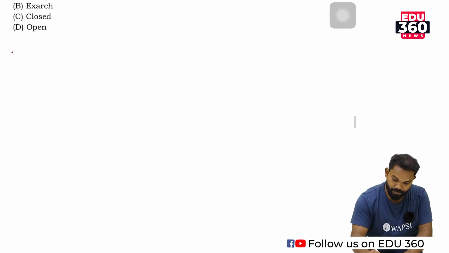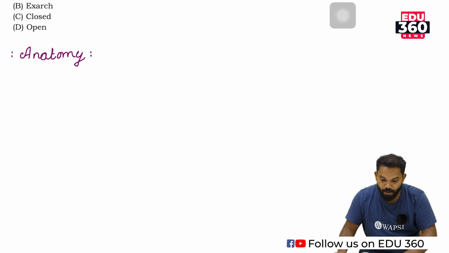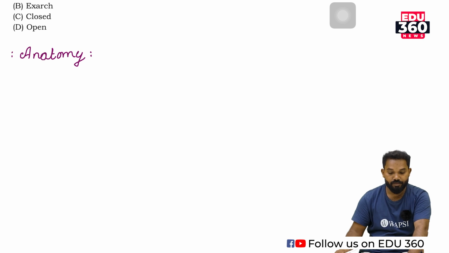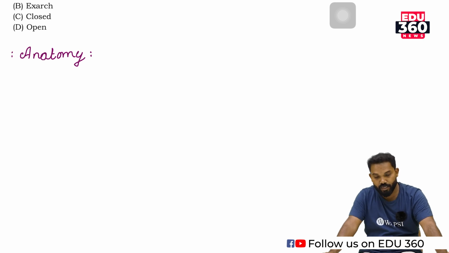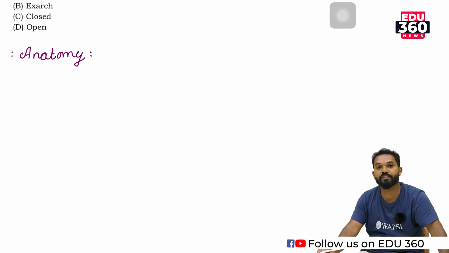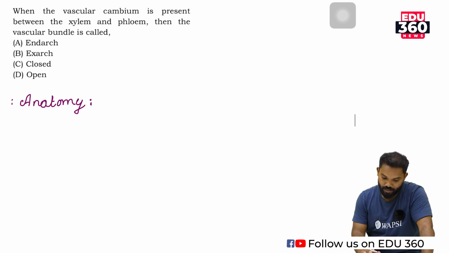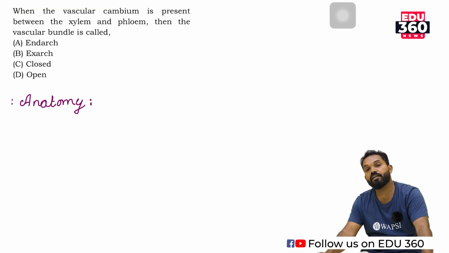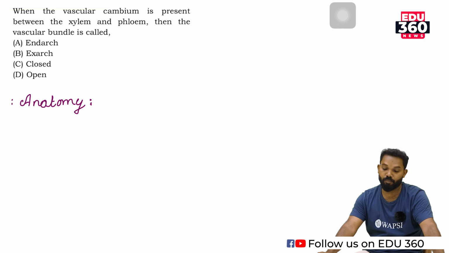Anatomy. What is anatomy? Especially plant anatomy. Plant anatomy is a branch of botany. Here we study the internal structure of a plant or its organs like leaves, stems, roots, etc. In anatomy of flowering plants, we mainly study the anatomy of dicot and monocot angiospermic plants.